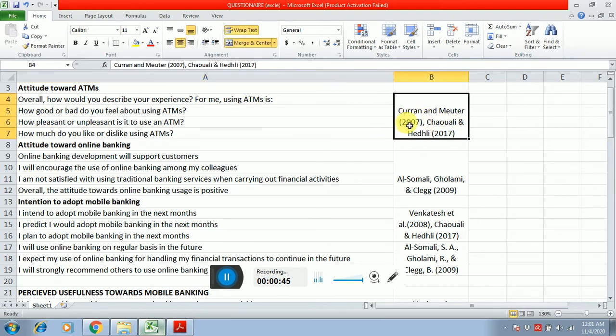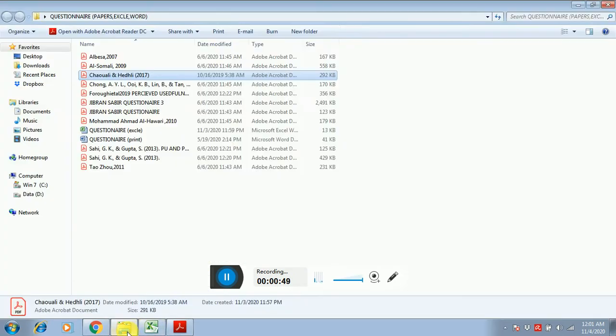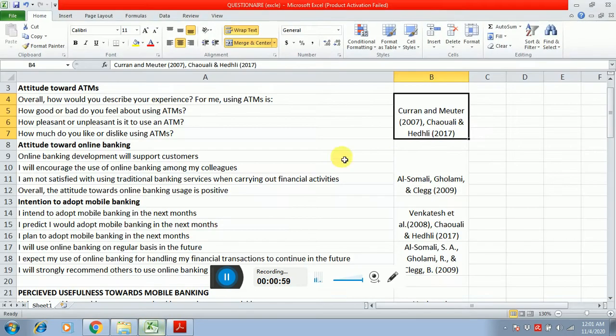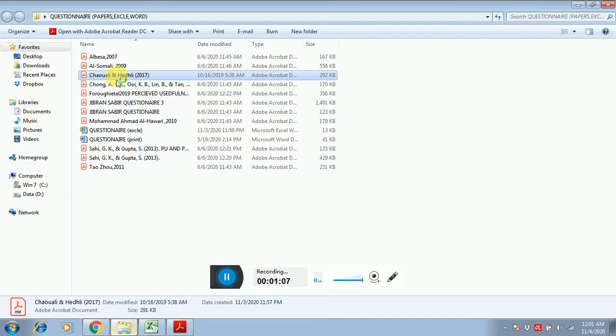as well. So if I see here, it is Chowley and Headley. You have to make a folder of the questionnaire, and in this folder you have to place all the papers that you use in extracting the items of attitude toward ATM. So I can see that Chowley and Headley. So what you have to do is, if I open this paper